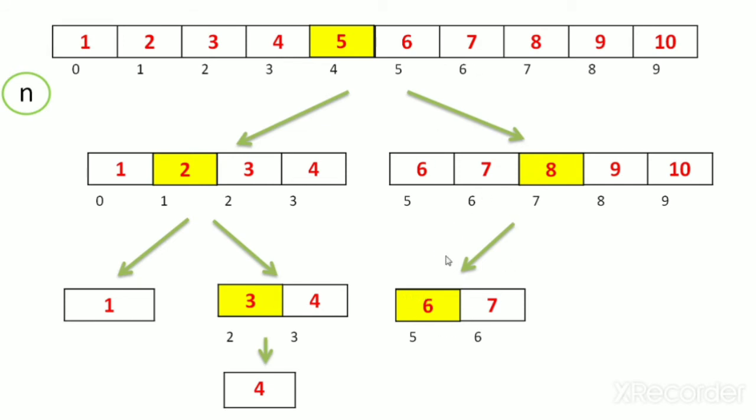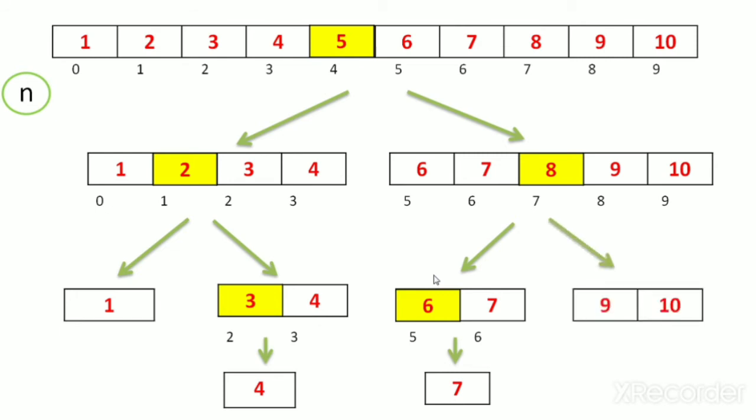Now if it's greater than 6, then it divides further with 7 as well. It again checks. If n is greater than 8, it divides the right half. It again checks the middle element. If it's greater, then again divides it. It keeps continuing until there is one element, and if that element is not what we are searching, then it returns not found. Now let us see this with an example.